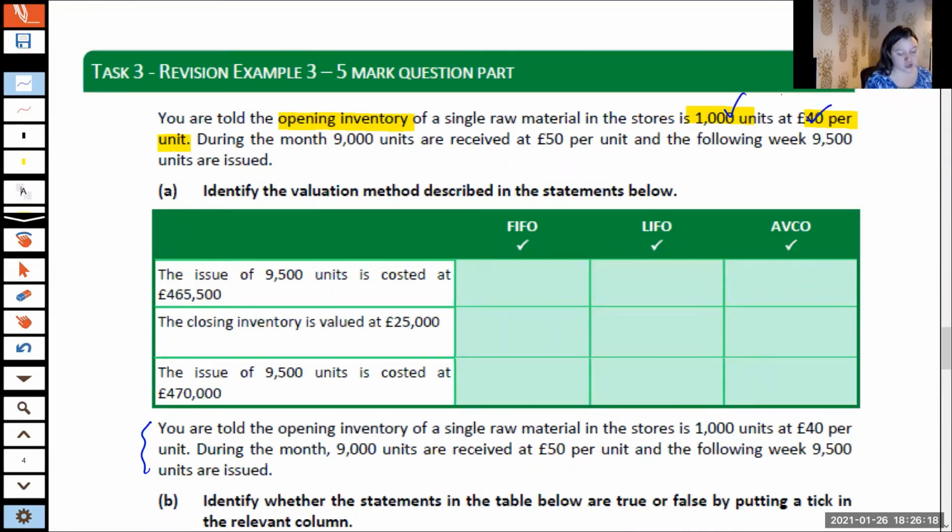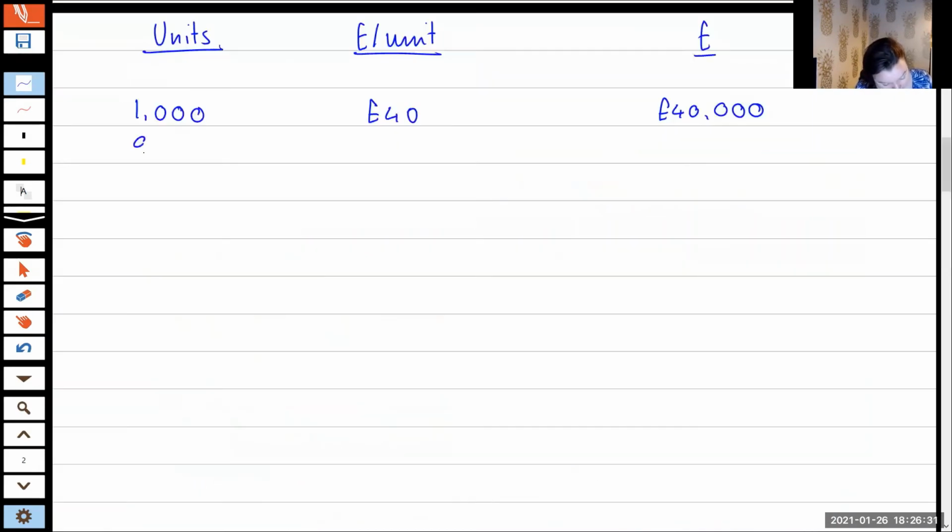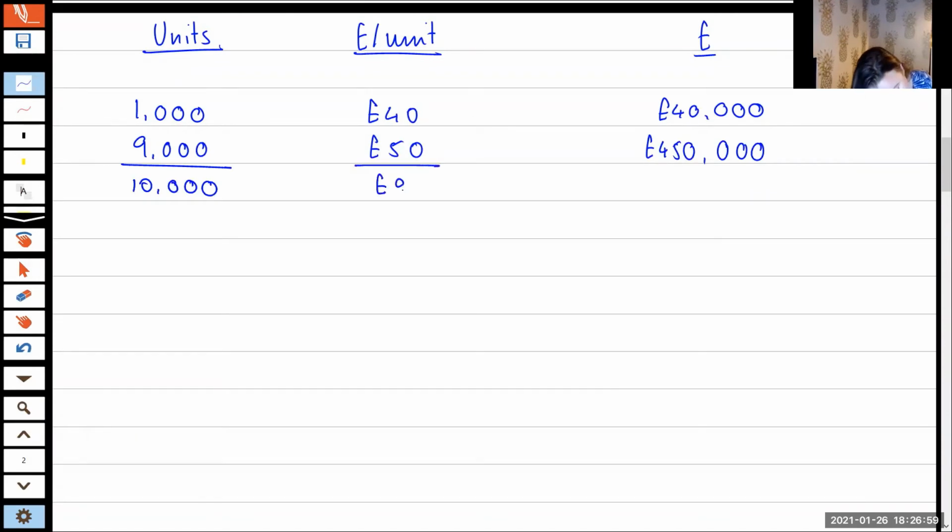Then it comes on, it says during the month, 9,000 units are received. So now we take another receipt into the store and it says it's at £50 per unit. So 9,000 units at £50 per unit. We have just taken receipt of £450,000. So what does that mean that we have at this stage? That means at this stage, we now have 10,000 units